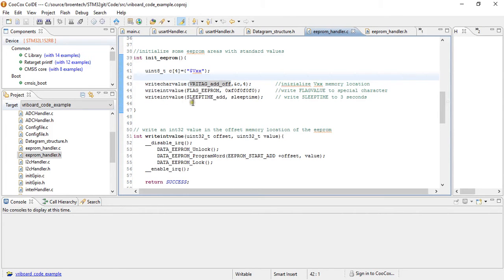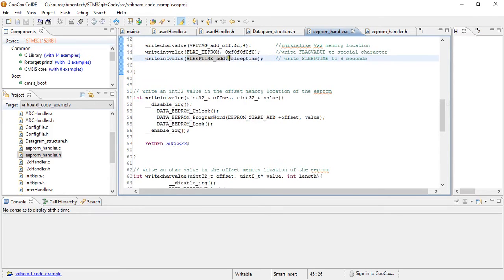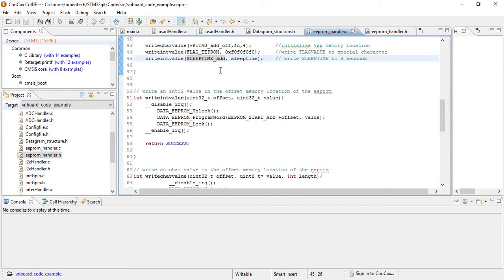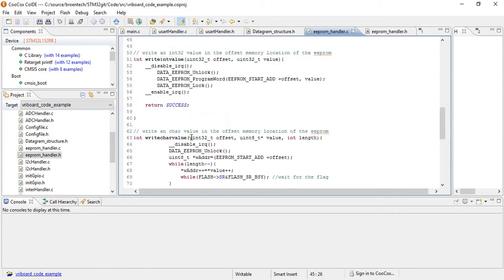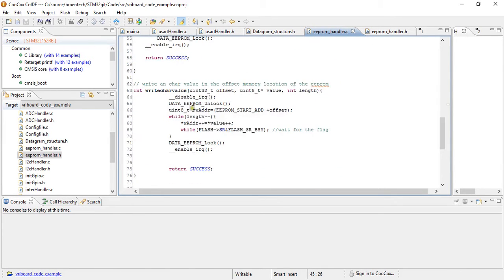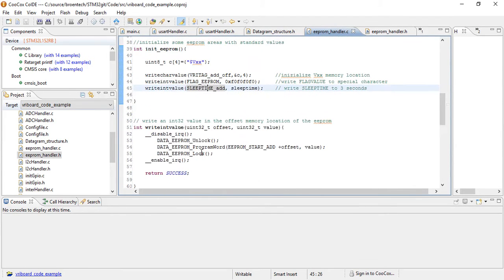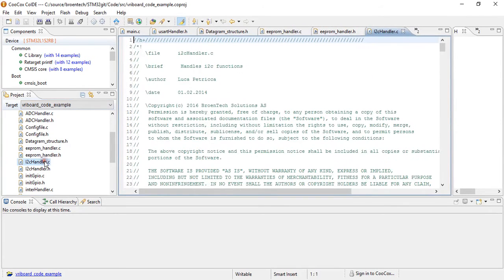Here basically you see we also initialize the sleep time address and sleep time with 3 seconds between different readings and so on. And here we have basically the functions for writing the int and reading out the int and chars. For I2C, we have another 2 functions here. These functions, they will basically